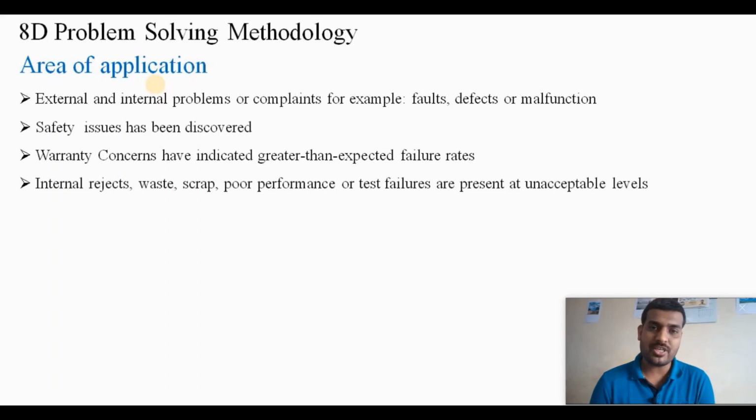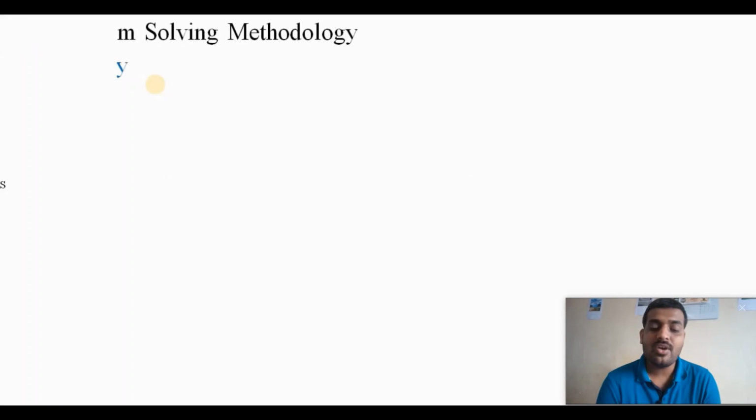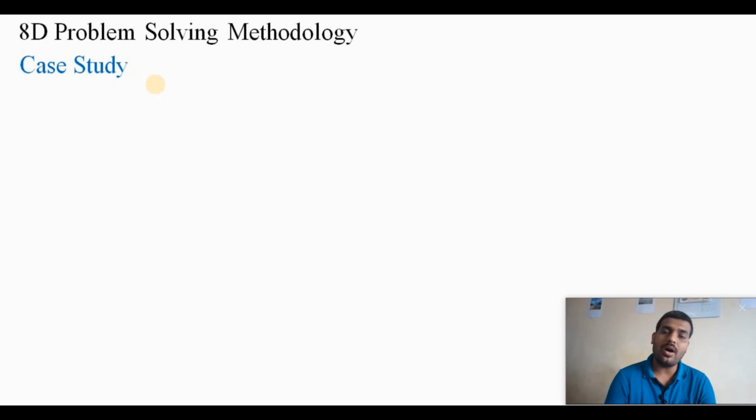So as I already mentioned, I have added a few case studies for this 8D understanding. I have taken a case study on application of 8D methodology for minimizing the defects in manufacturing processes. This case study is from the IJERT journal. Here I would give you the disclaimer that you should not play with the facts and figures. This is only for your study purpose. Next, we have taken one sample 8D report based on axial runout of precision ring. The same disclaimer applies to the 8D report as well.